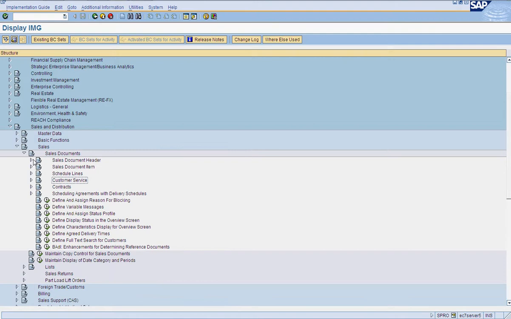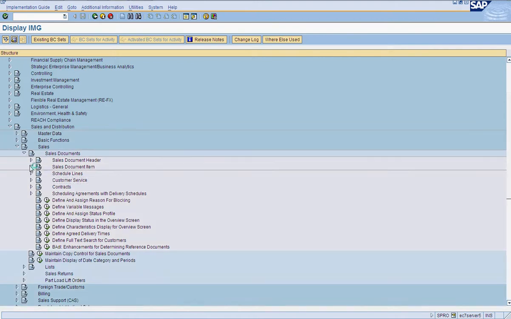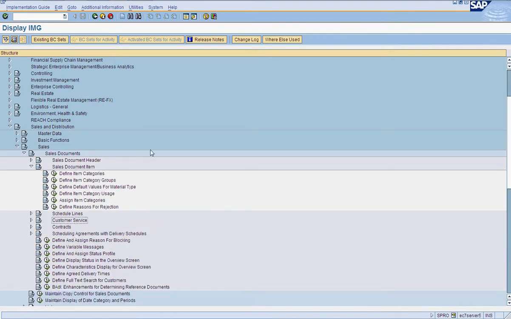Now we will be creating item categories. Item categories are used to define features of an item within a business process. For example, a laptop in a standard sales order will require credit active, availability check, transfer of requirements, delivery line and schedule line should be activated.